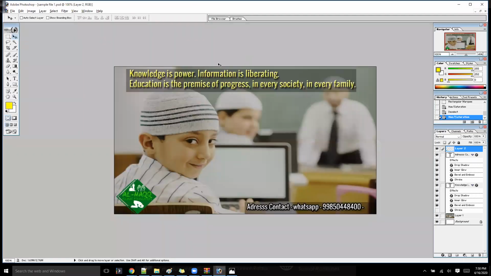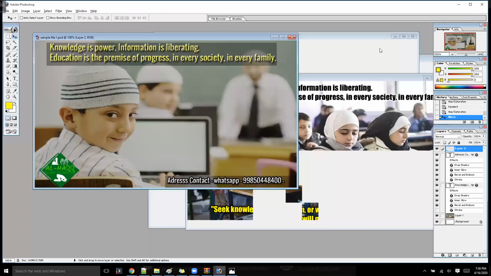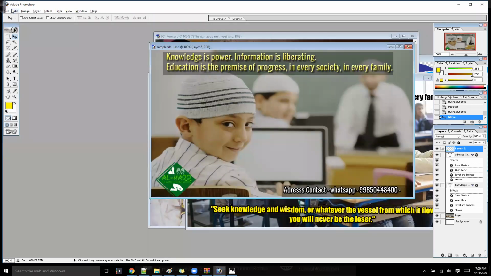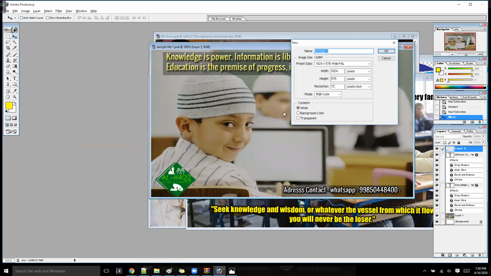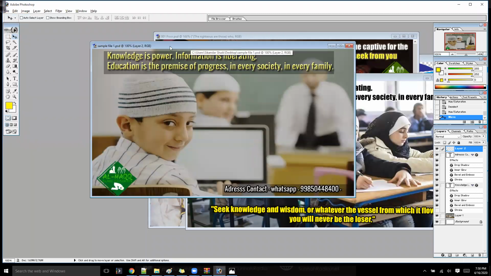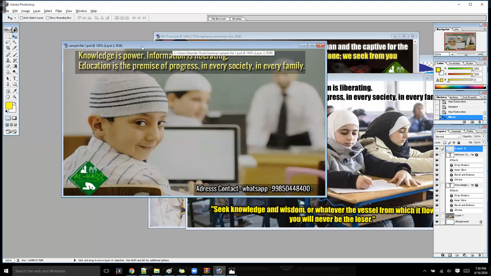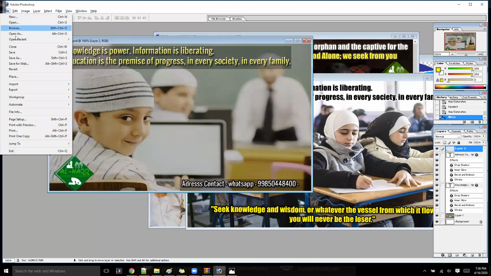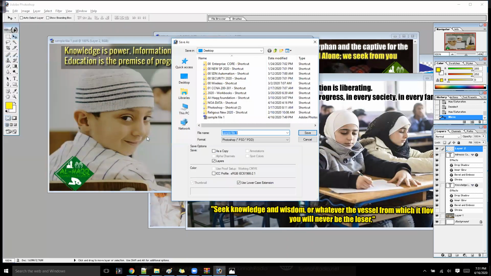Let's say I want to create a new image. What I can do is I can do the same thing. Go to File, New. Or you can use the same. I recommend you to use the same. Just let's say I'm creating a new image, because the standard format is ready. The template is ready for you. Now let's say I'm going to use this one and I'll save it as sample2 or whatever the name you want to give. Save it as,